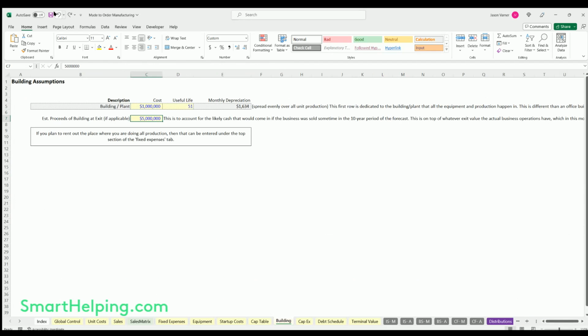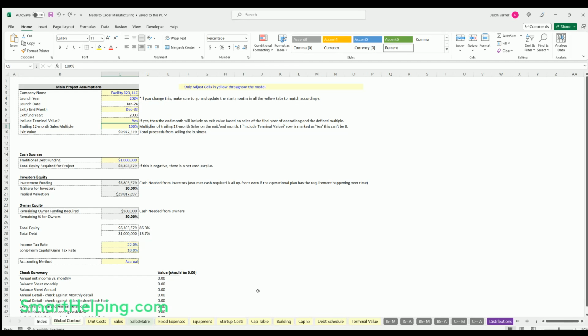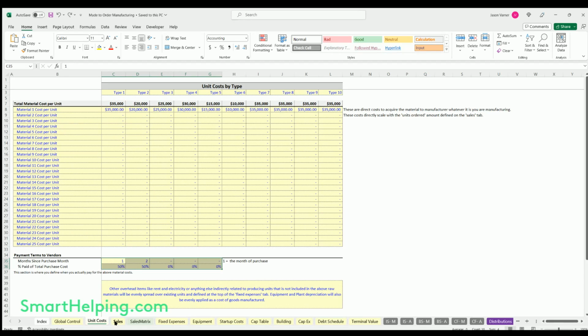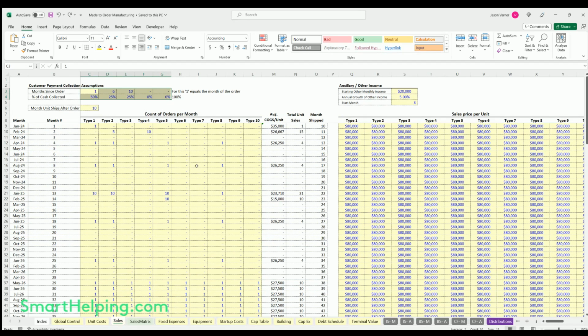I'll undo that, and I'll keep all these assumptions in here. I think on this model, it's kind of important to not start it blank because there's so much going on. You kind of need to see how the numbers flow with it already filled out a little bit, and then you can obviously go in and put all your own numbers in here. Actually, I will, so in the purchase, I will include a blank version as well as a version that has all these numbers in it. So that'll make it a little bit